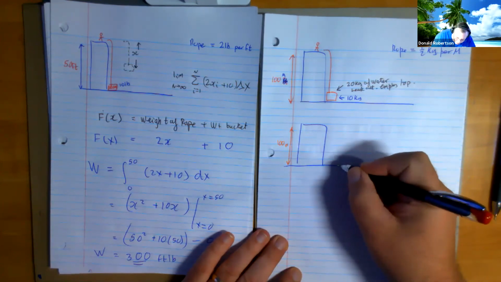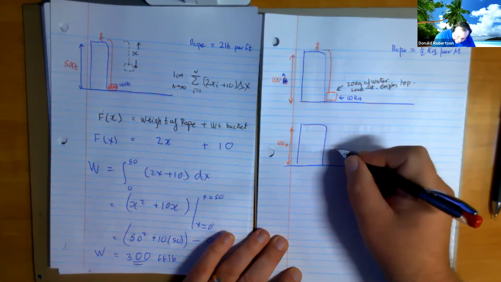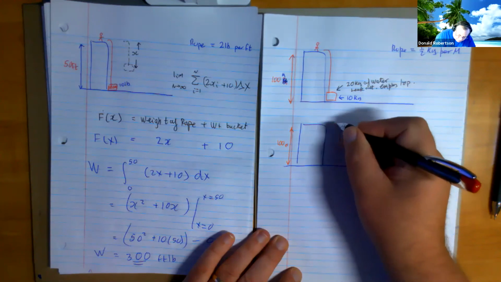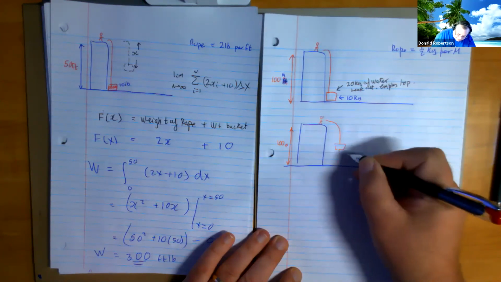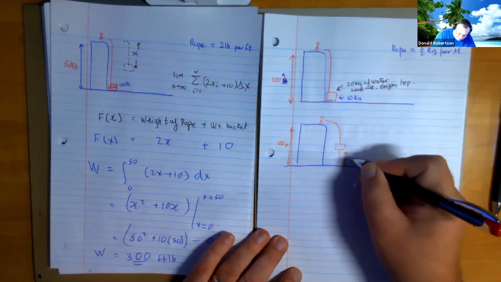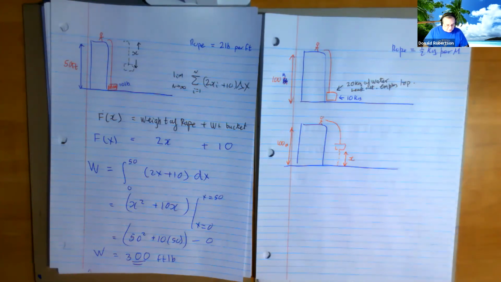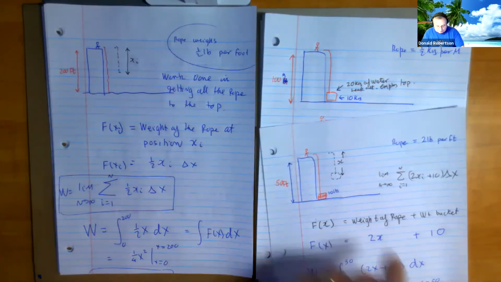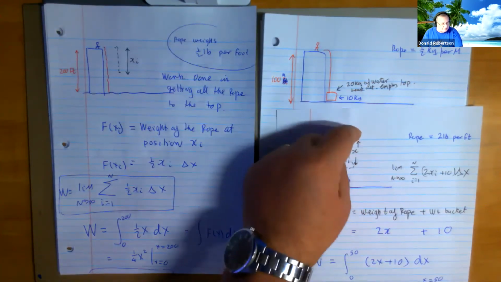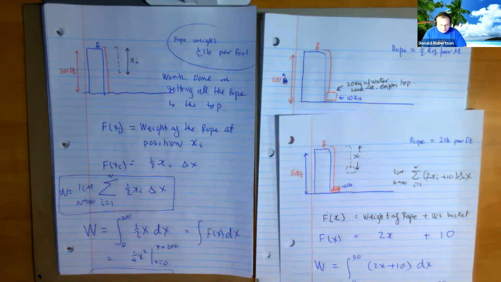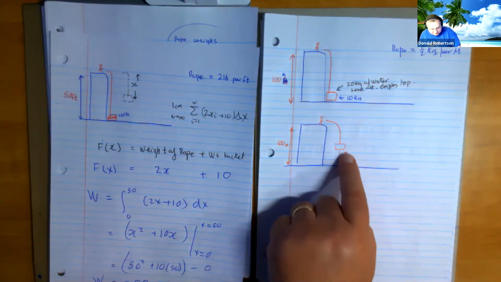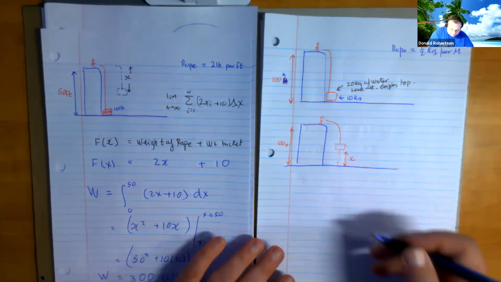We are going to be counting the X value not from the top. X is going to represent how far off the ground you have got. So that's a slightly different notation. Have you noticed that before we always counted X in this direction, right? From the top to the bucket or whatever. Here, X is going to represent this distance, right? Now, the force function